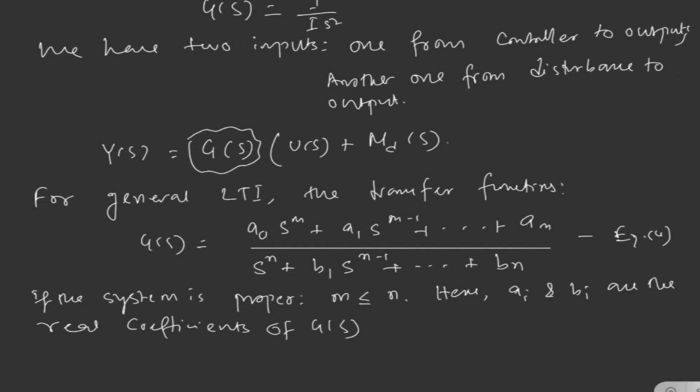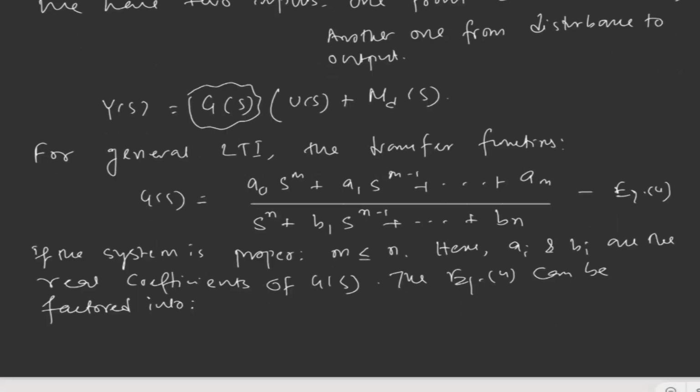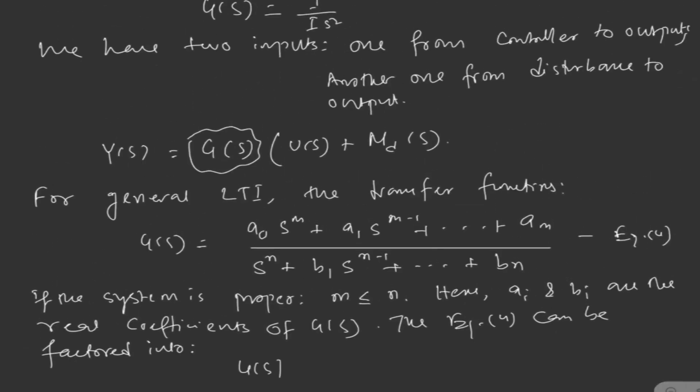And which can be this equation? The equation 4 can be factored into, we can write G of s equal to K, some gain, some constant for the time being. Let's assume it. Product i equal to 1 to m of (s minus z_i) divided by, sorry, it's multiplication basically, product i equal to 1 to